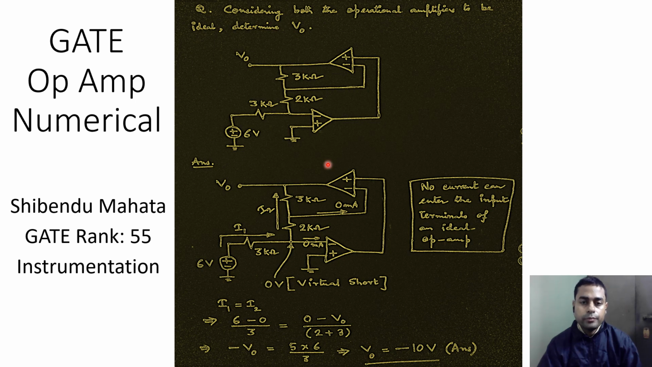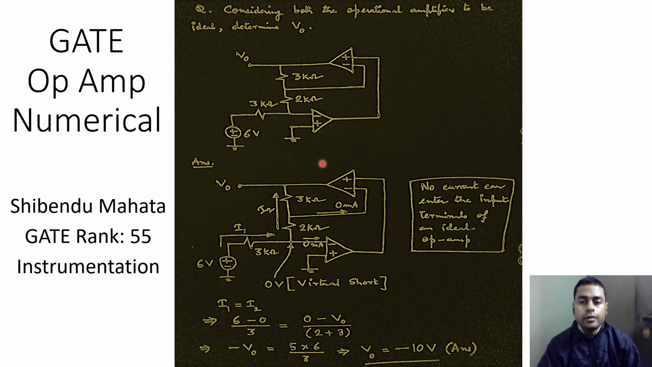This is another practice problem on operational amplifier, and in this question we have to find out what should be this output voltage. This is a 2 op amp circuit. So although it looks slightly complicated because of the presence of 2 op amps and then there are these resistances present over here,